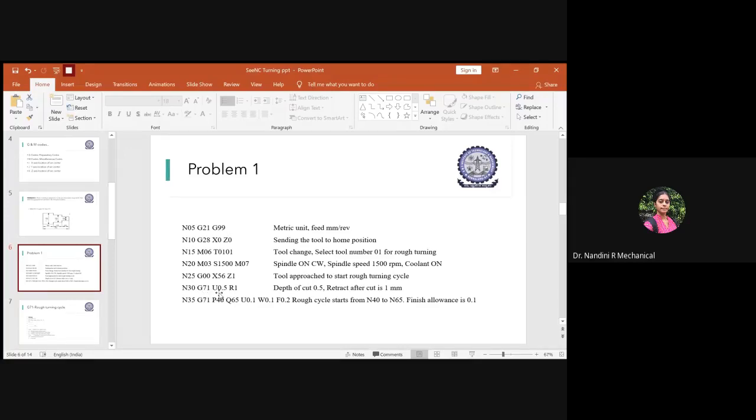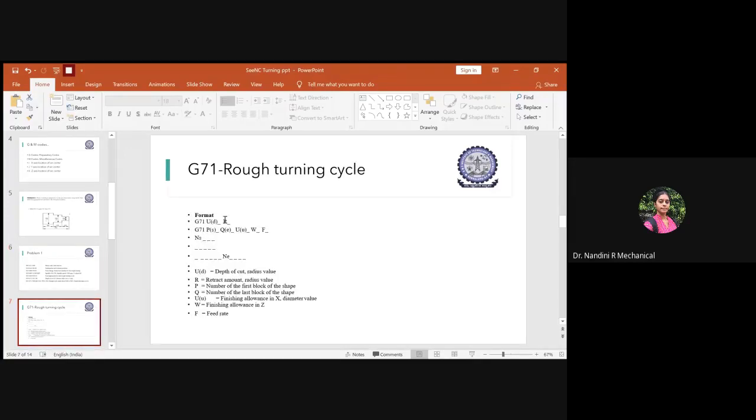When we want to start the rough turning, next you will write G71 and you have to provide what is U here. You have to go back to your syntax. For rough turning, this is the syntax we use. It is G71, U within the bracket D and R. So what does U stand for? U stands for depth of the cut. And with the radius value here, R, the retract, the amount of the retraction of your material with respect to radius value you have to give. This is a regular format.